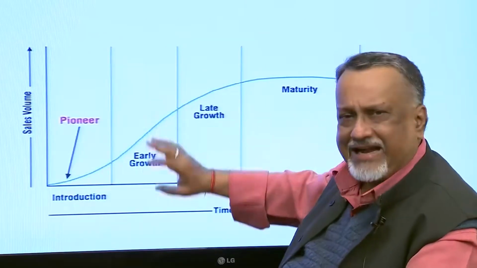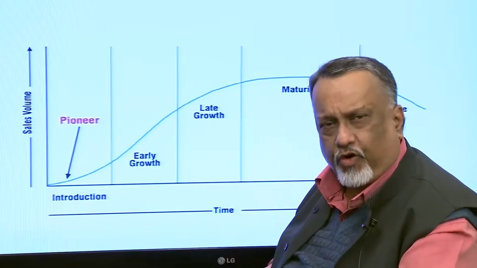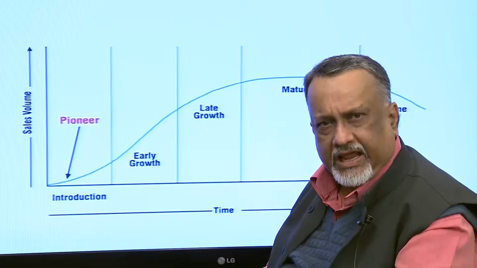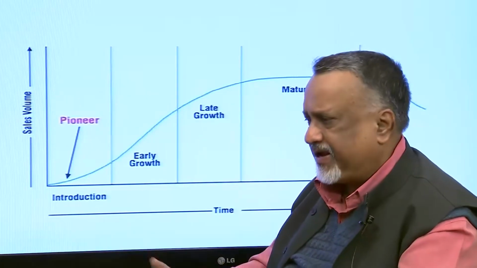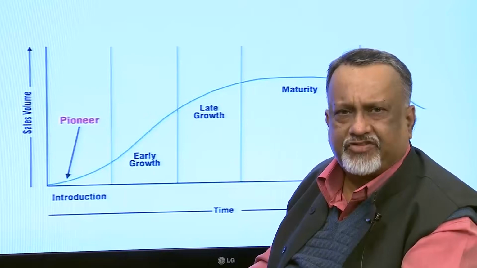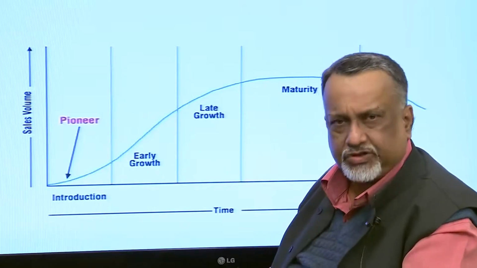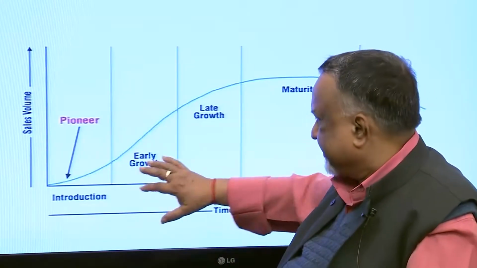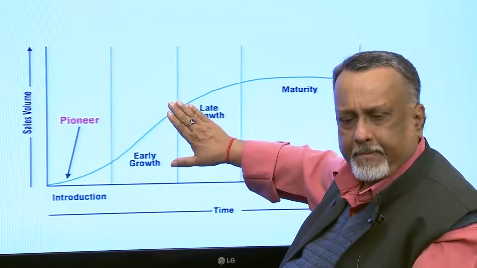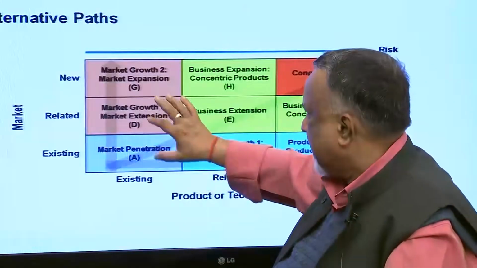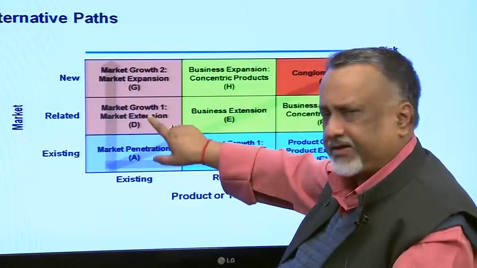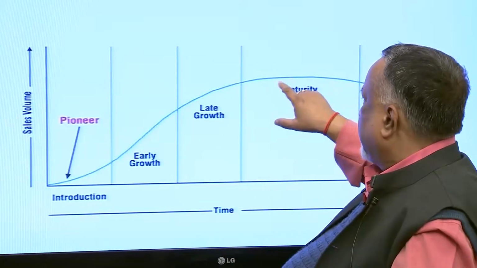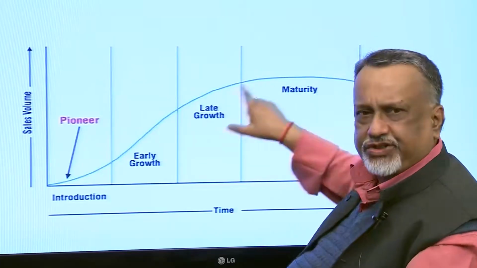So, in a country like India, the smartphone business is a booming business, and compared to the total population, maybe 15-20% people have smartphones, I mean real smartphones. So, we have 80% of the market still available. So, this is a growth stage. So, growth stage means our strategies will be here, but on the other hand, if you have reached this stage,